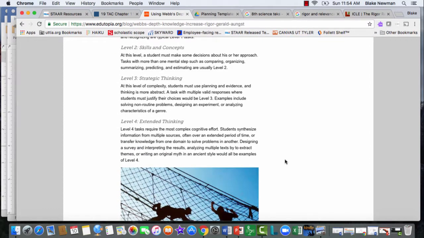Level 3, strategic thinking. At this level of complexity, students must use planning and evidence, and thinking is more abstract. A task with multiple valid responses where students must justify their choices would be level 3. Examples include solving non-routine problems, designing an experiment, and analyzing characteristics of a genre. Level 4 is extended thinking, and